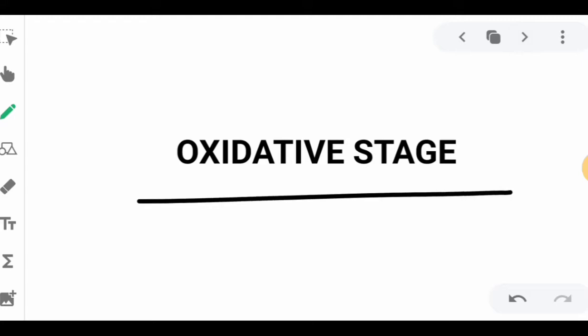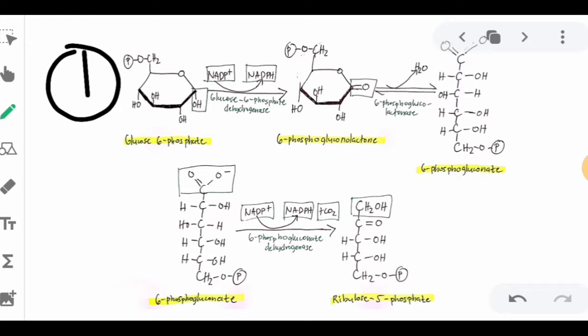First is the oxidative stage, in which there is a loss of electrons. So this is the first stage, the oxidative. So this is the second step, and this is the third step. First, we have here glucose 6-phosphate, which will be converted into 6-phosphogluconolactone with the help of the enzyme glucose 6-phosphate dehydrogenase. And it will utilize the oxidized form, which will be converted into the reduced form, NADPH. So the hydrogen here will be removed since this is a dehydrogenase, and you will have a double bond here, and you will now have the